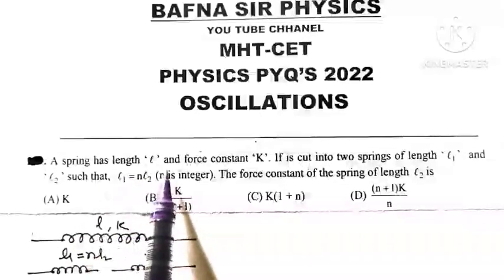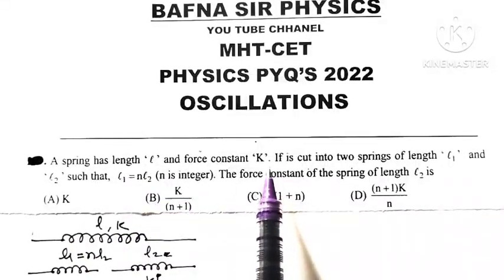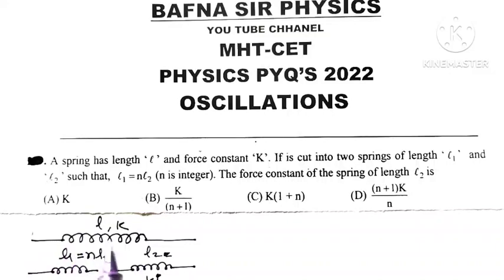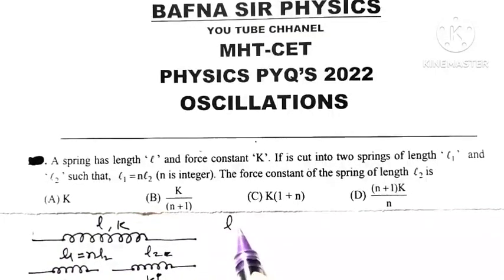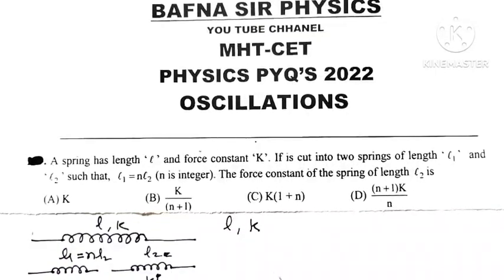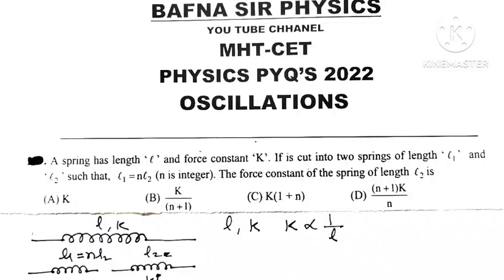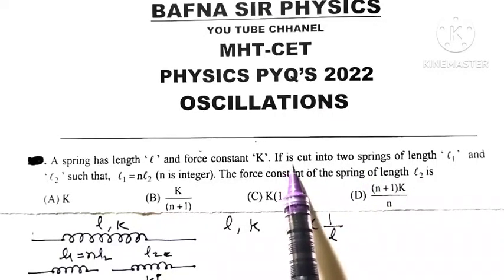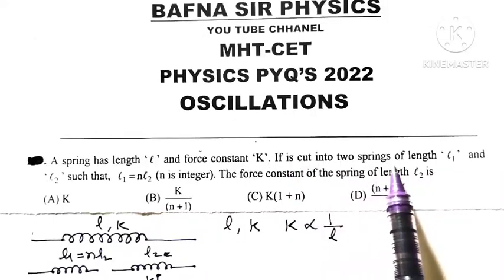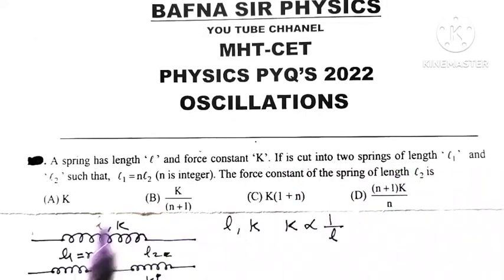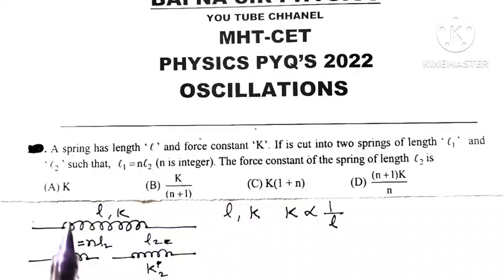A spring has length L and force constant K. So here we have a spring of length L and force constant K. Then we know that the force constant K is inversely proportional to the length of the spring. Now, if that spring is cut into two springs of length L1 and L2, so that the spring of length L